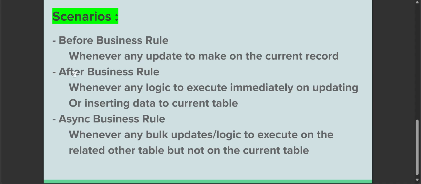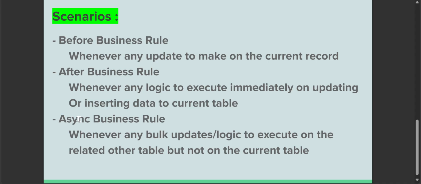In which scenario should the after business rule be used? Whenever any logic needs to execute immediately on updating or inserting data to the current table, or maybe updating any record on the related tables. And when should you use the async business rule, because it runs on a different thread? Whenever you are making any bulk updates. Suppose you want to update your child incidents and there are